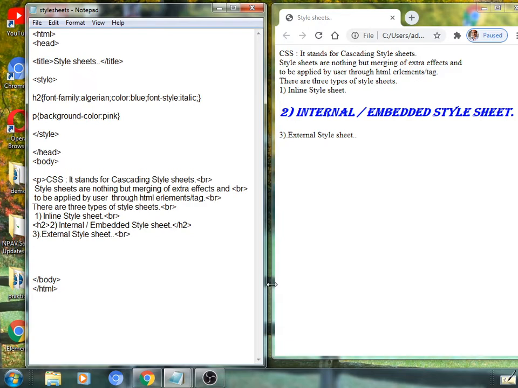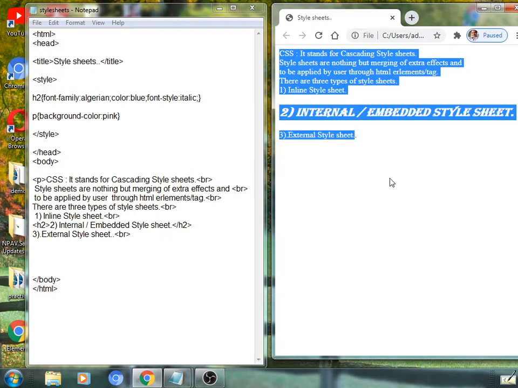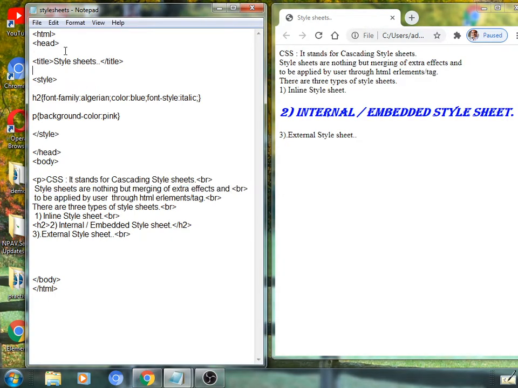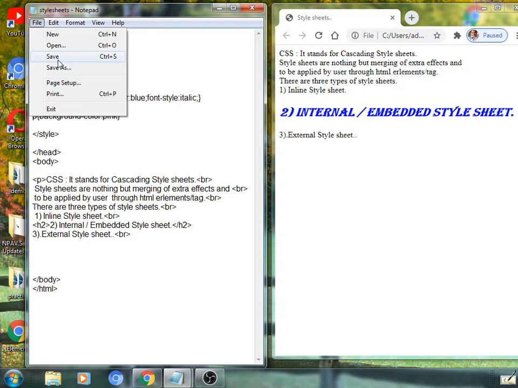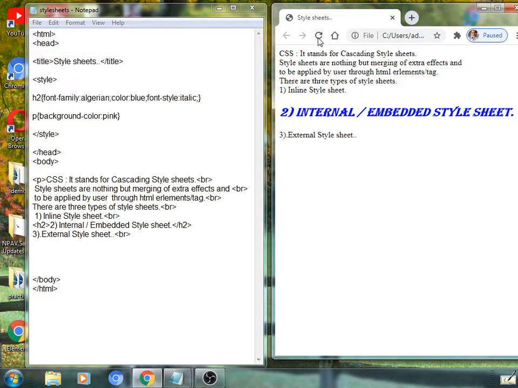At the starting, before the CSS we have applied, so effects will be applied from here up to here. See here, save this. Applied here. So these are the effects where we are applying selectors with their respective properties and values also.